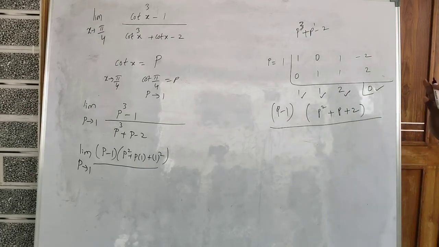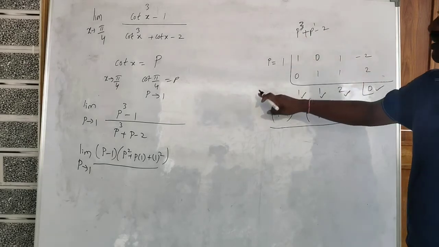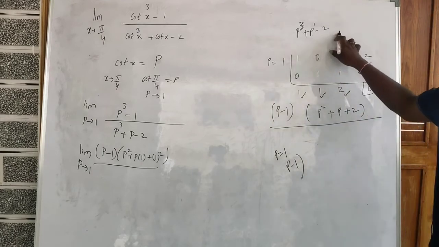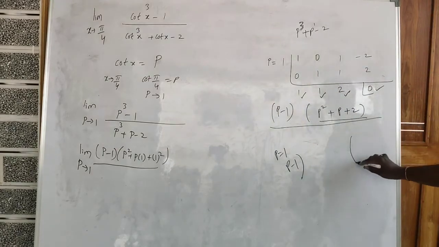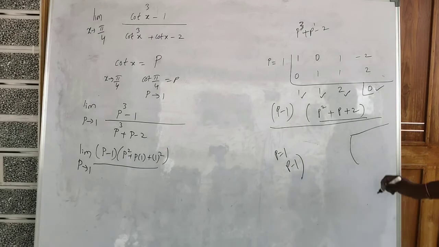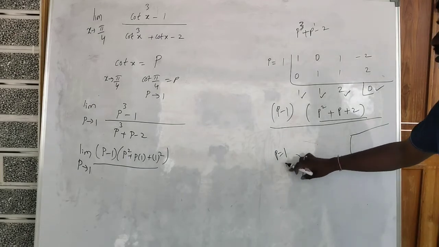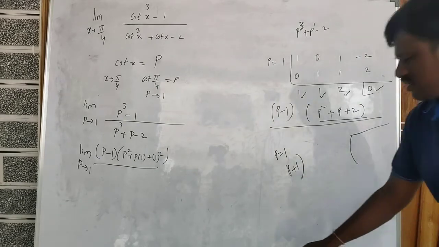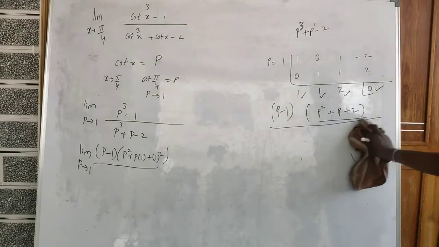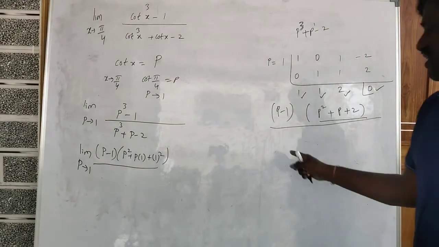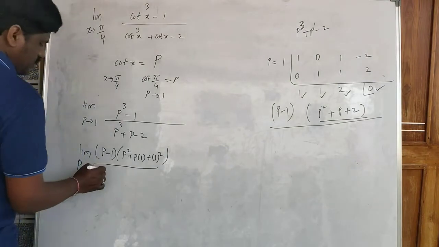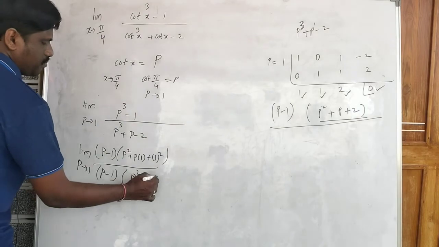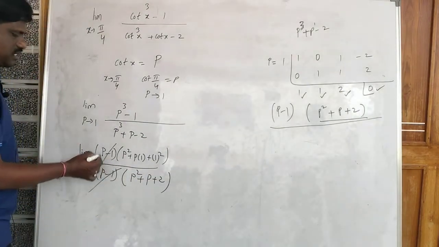If you are not getting it, do one more thing. Suppose you are thinking p is equal to 1, divide this by p minus 1, and whatever remainder you get, that divisor you write down. So you can take anything. If you take p equal to minus 1, then take p plus 1 and do the division. However, you are going to get this answer. So you need to factor this. So I am getting the factors p minus 1 into p square plus p plus 2, and this cancels out.